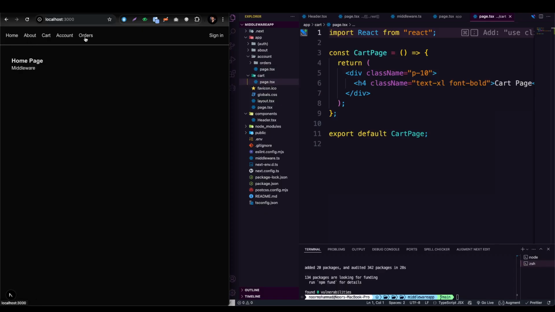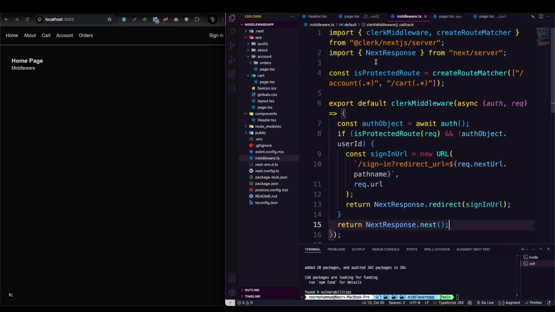Even if you go to the orders, it will not go to the account, you cannot go to the orders, but in the orders, why can we go? So we have our account and then we have our orders, right? So let's go back to our middleware. So we have our account, I think that's the one, right? So I think in the orders also,